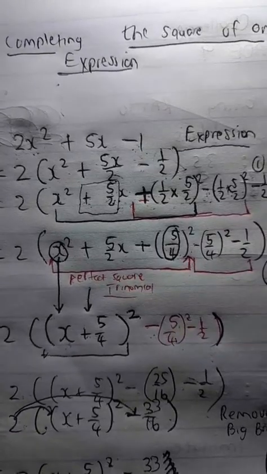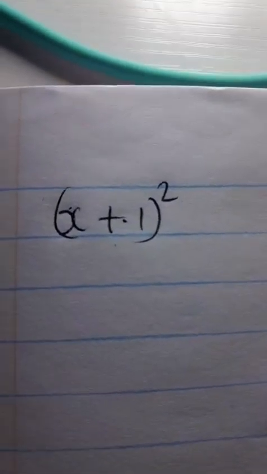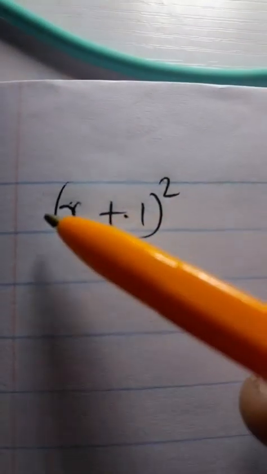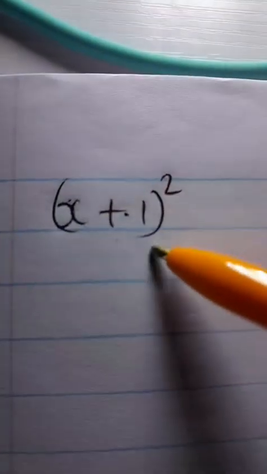Okay, so that means I need to go to Gorgeous's question. Gorgeous asked: how do you know that it is a perfect square trinomial? I want to actually answer that question by looking at a binomial squared. I want us to just explore this. Now x plus 1, the whole thing squared, is a perfect square binomial which leads to a perfect square trinomial. Remember, to get the perfect square trinomial, take note,